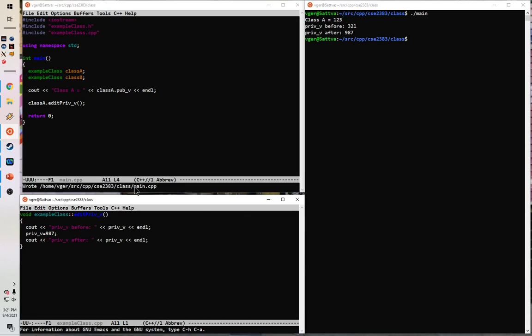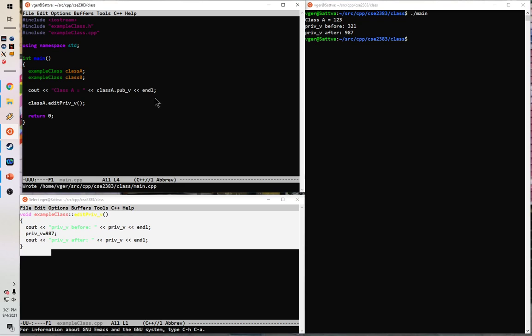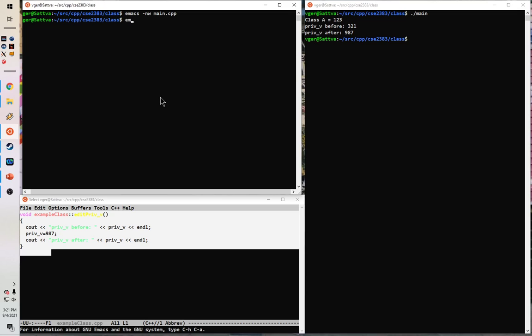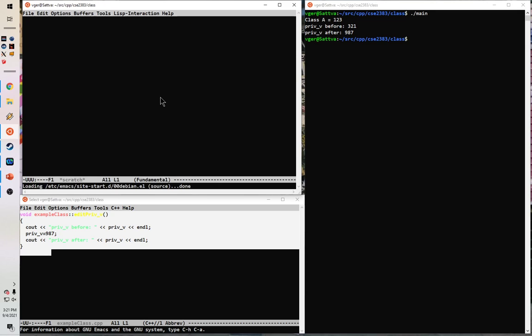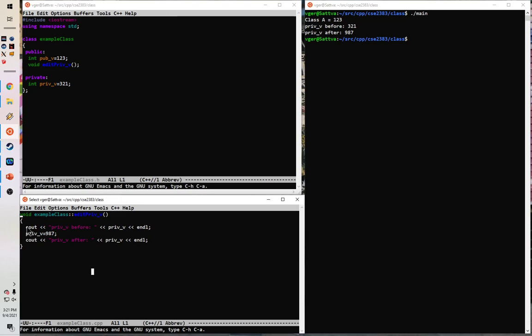So this is one way to go about this. I told you I wanted to show you why this is a good idea. There's a couple reasons why not writing your functions directly into your class definition is a good idea. One is it lets you do this: separate out your header information from the actual code you're going to be running. That's one thing. The other reason is let's